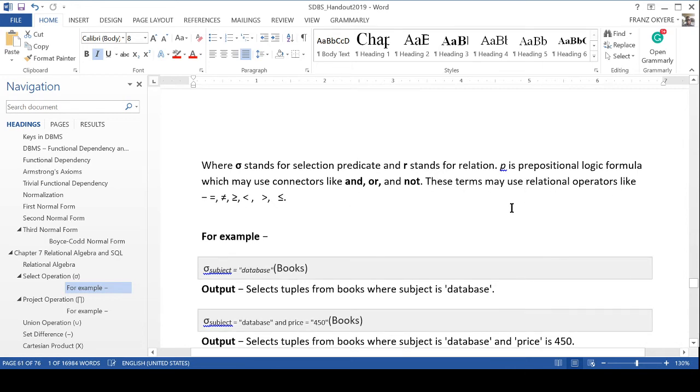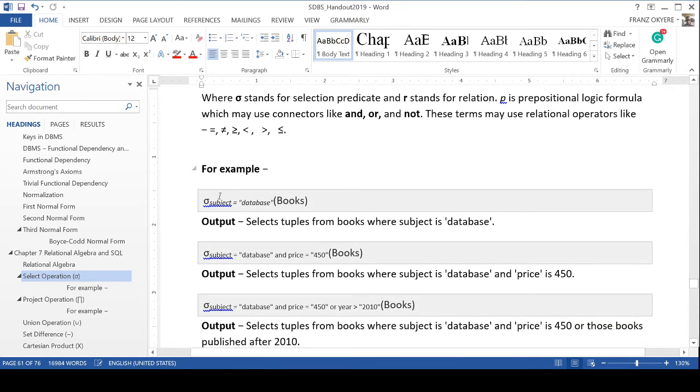These terms may use relational operators like equal to, less than. There's a whole lot that we can do. For example, if you are dealing with integers and want to find all those with a bank account balance of 2,000, and that doesn't include me, so pay up for your handout. We could be using these operators, less than, greater than. Excuse me, my throat is dry, it has nothing to do with COVID, you're safe.